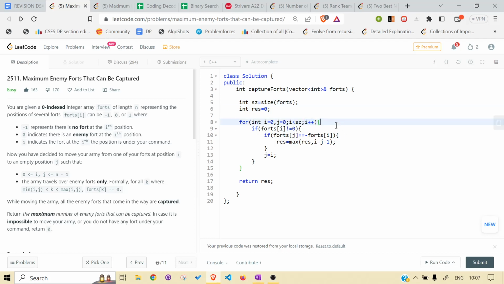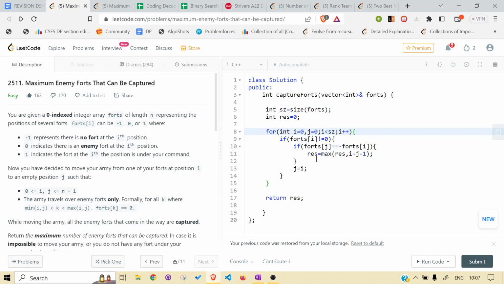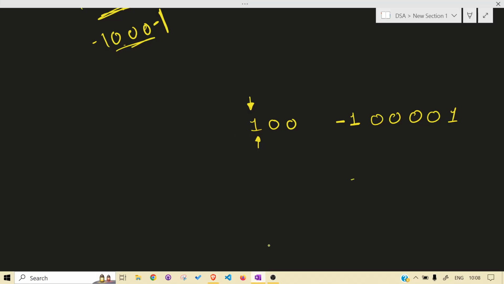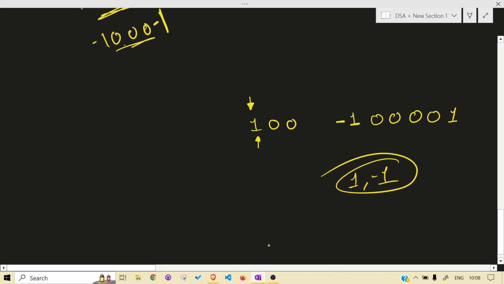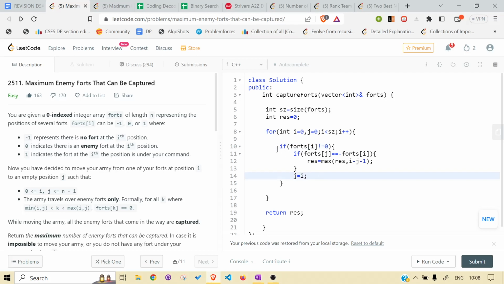As you can see, let me zoom it a bit. Zoomed too much. Yeah, as you can see, if fort is not equal to 0, what do I mean by not equal to 0? This condition, when we encounter 1 or -1, because when there is a 0 we just increase our i, because of the calculation of the length, not length, the enemy forts that we have captured. So if it is not equal to 0, it means it can be -1 or